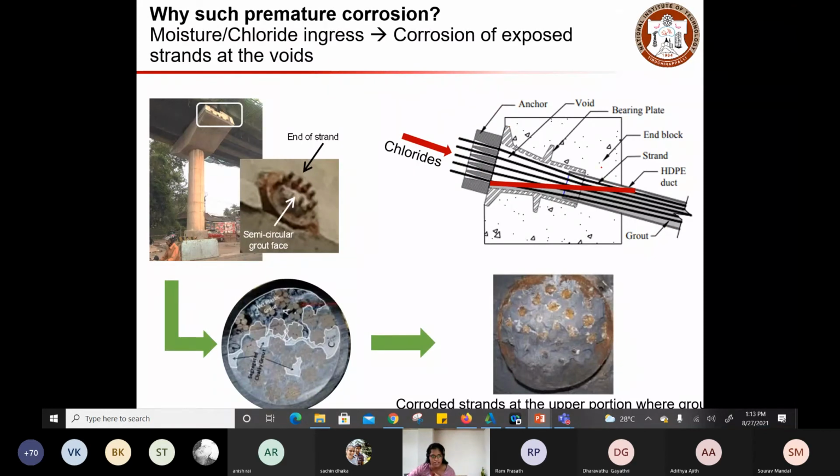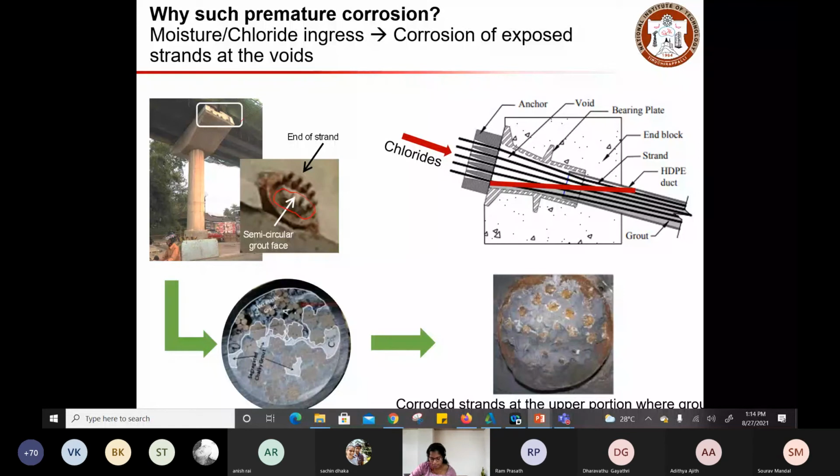So there is another example of an end anchorage system. The cap that we use to cover the strands is there for their protection. In the cap provided here, you can see the region that is not covered at all. It has just been kept as it is, and you can see the grouting is also not done properly. This basically indicates a semicircular grout face, left as it is without any coverage. The grouting cap is not provided there.